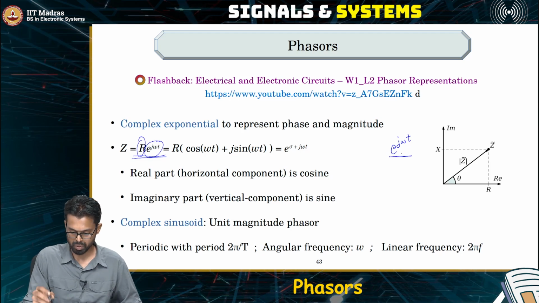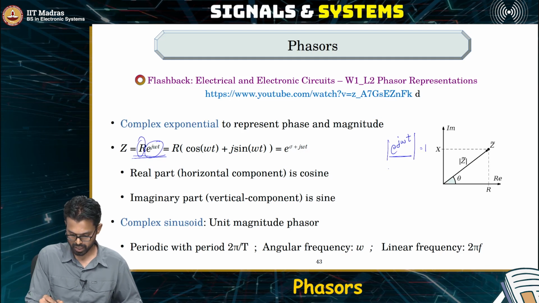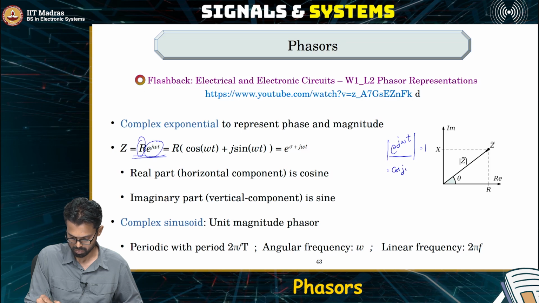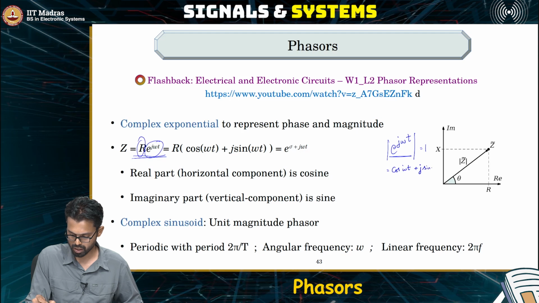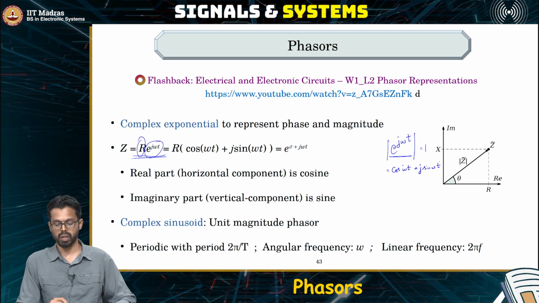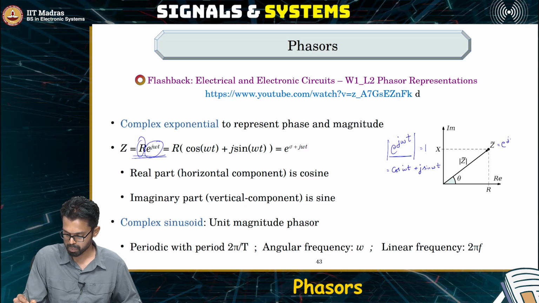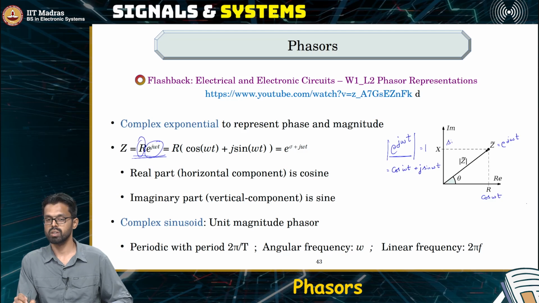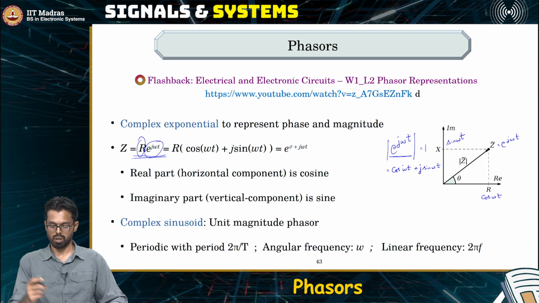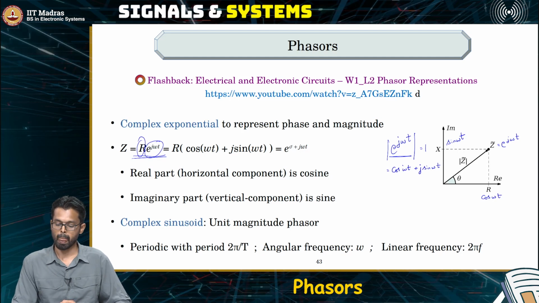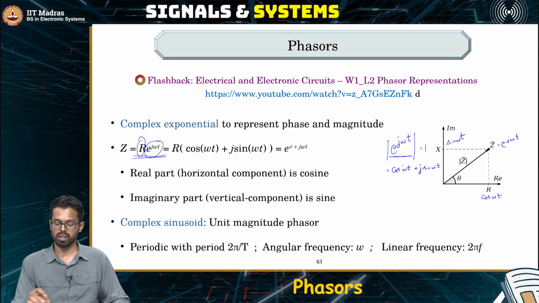Basically the magnitude of this component is always 1. So if we try and compute the magnitude, this is always 1, because we can write this as cos omega t plus j sin omega t, and you compute the magnitude. Basically this is e power j omega t. The horizontal component is cos omega t and the vertical component is the imaginary component, which is sin omega t. So as you can see here, we can decompose that into real and imaginary parts, the cos and the